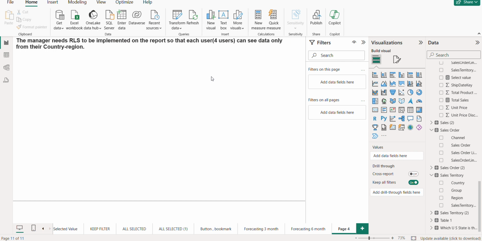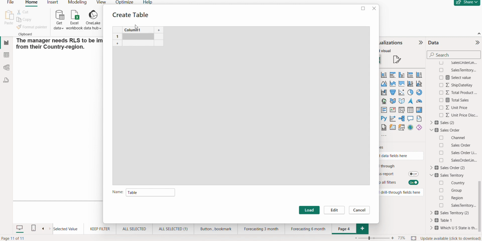I will explain about the RSL method. So the question is the manager needs RSL to be implemented on the report so that each user can see data only from the country region. So first I have to create some table,